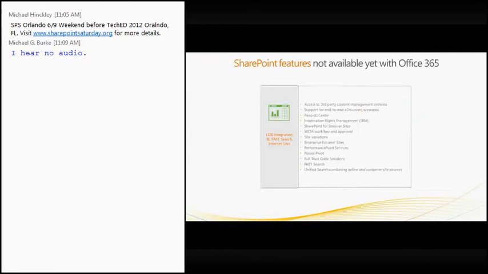Now, there are a few things that aren't available, and the key word on this slide is "yet" there in the title. The first one is BI. That's one of the things we get called in on a lot, BI and dashboards, etc. And that currently is not available. I imagine it will be coming. How soon, I'm not at liberty to say, and I don't know either. But that would be a wave that's going to come soon. And once it does, I think that's really going to open up the space even more.